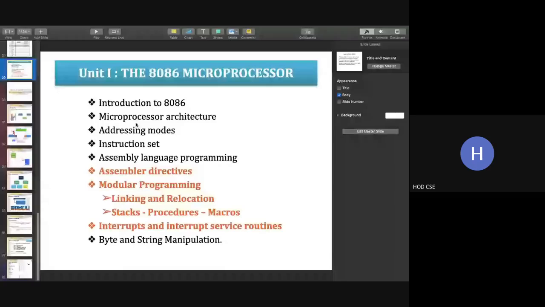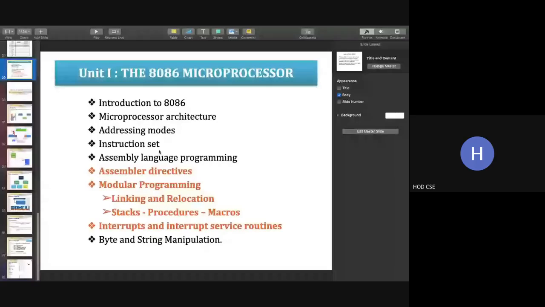Subhashini. Hello, ma'am. Ma'am, can you tell me the portion for the first quiz, the MCQ first quiz? We can have introduction to 8086 architecture, addressing modes. Instructions are also, ma'am, in the instruction set we will include the first two, at least data transfer instructions.